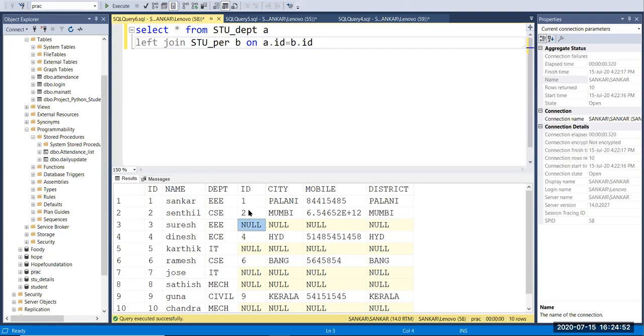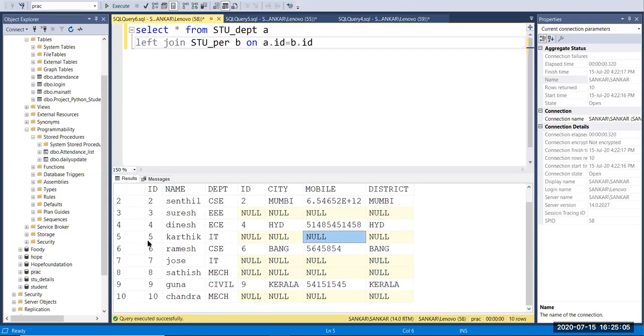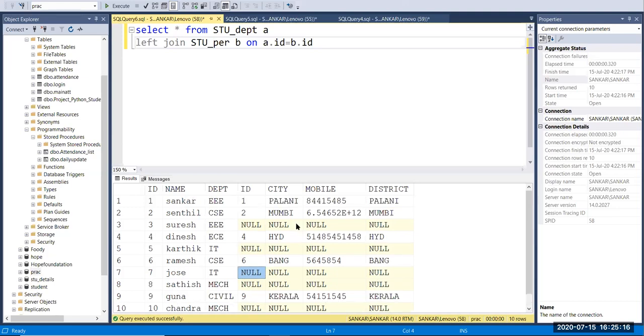You can see the third id is not there, so it prints null. The fifth id has no data. Seven is also null, 8 also null, and 10 also null. So this is a left join.